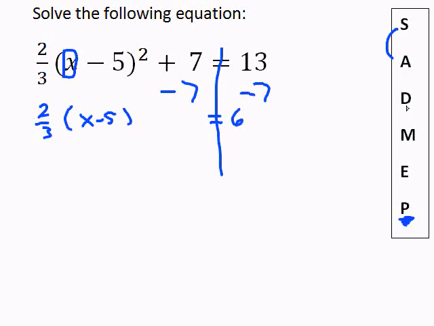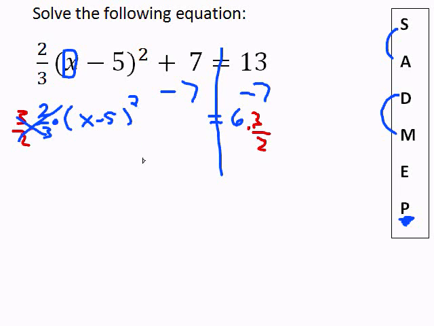So we look back at our problem and we see if there's any division or multiplication we can undo. We can undo 2/3 times (x minus 5) squared by multiplying both sides of our equation by the reciprocal, 3 over 2. I'm going to go ahead and do that in a different color. When we do that, the 3 over 2 and the 2 over 3 cancel out, or just give you 1,